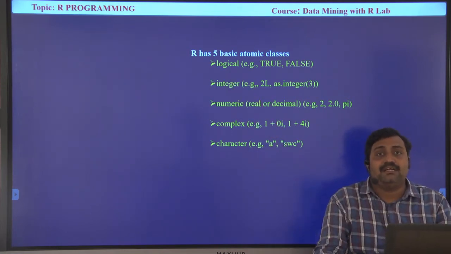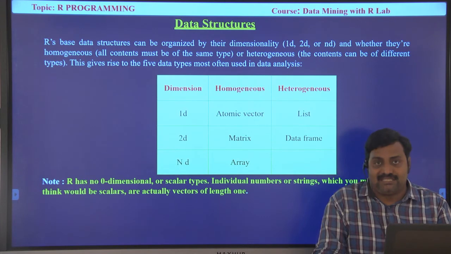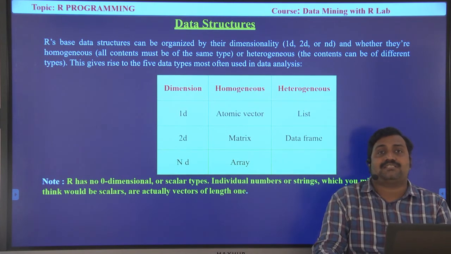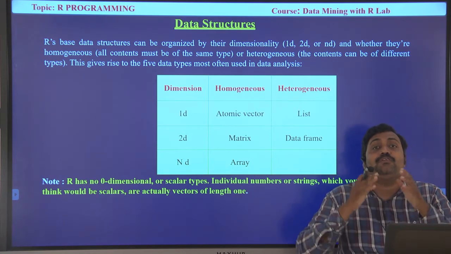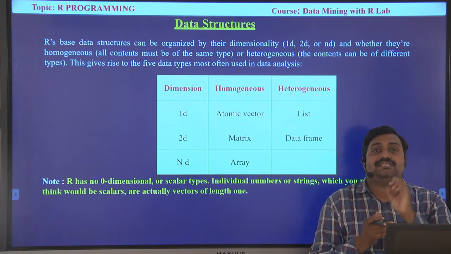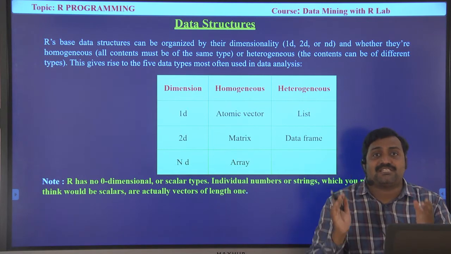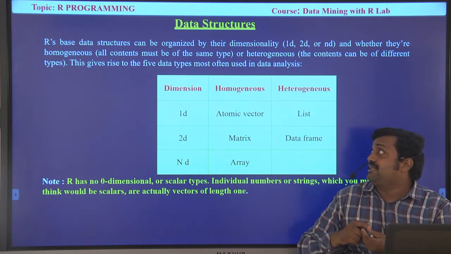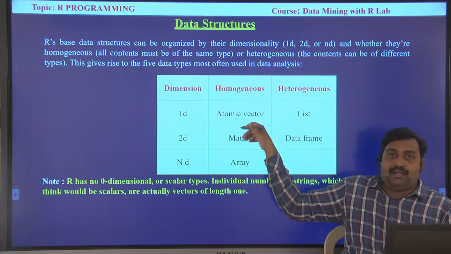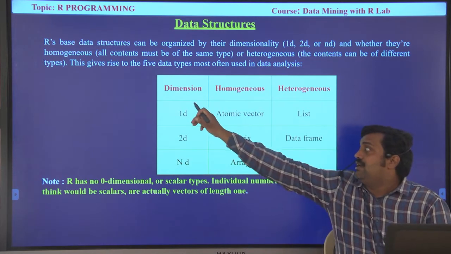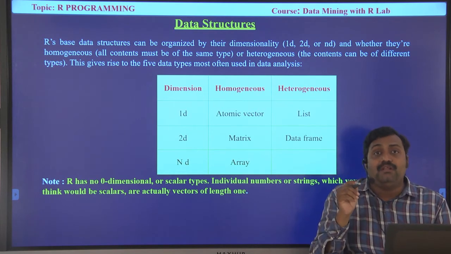Okay. Let's see another topic, data structures. The motto of data structures in any language is to store multiple values within a single variable or single object. R also supports data structures of different types and with various dimensions. Let's see what kinds of data structures are available in R by dimensionality. With a simple table you can observe one dimension, that means we can store values within one variable with one dimension,